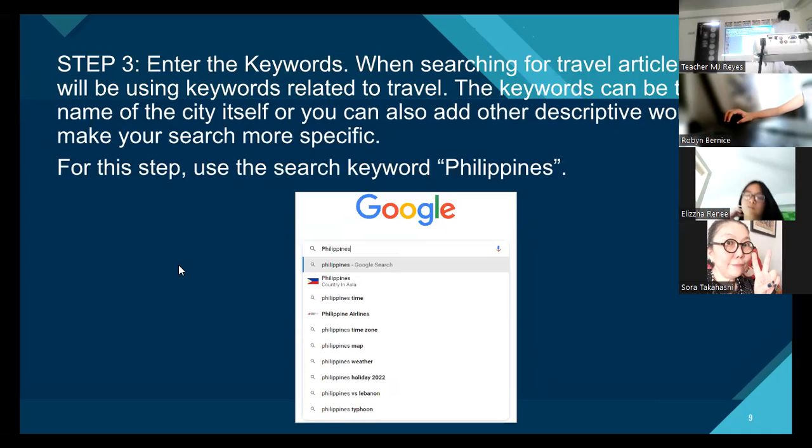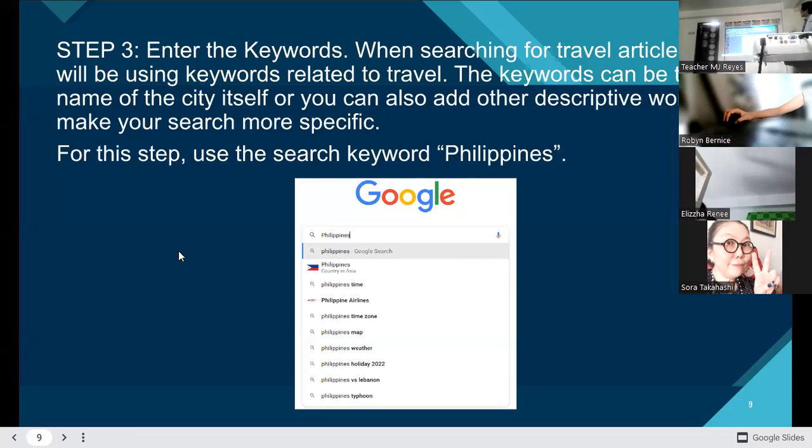Okay? The keywords can be the name of the city itself, or you can also add other descriptive words to make your search more specific. Because again, the internet or your browser will give you general information. Yes,